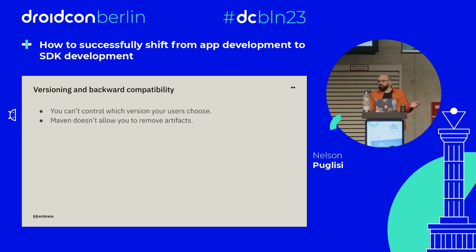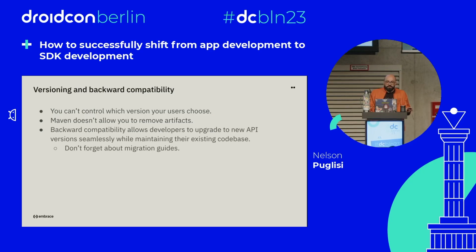You are not allowed to remove artifacts. So if you are releasing a version with a problem, it will be available forever. And if a customer decides to use it, a user decides to implement that dependency, it will remain there forever. So you should ensure backward compatibility. This will allow developers to upgrade new versions of the API seamlessly without having to modify their code base